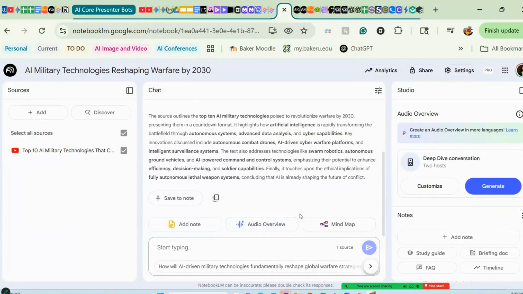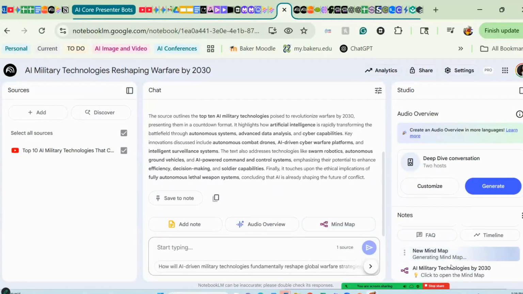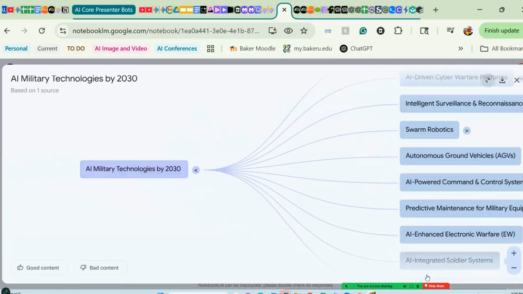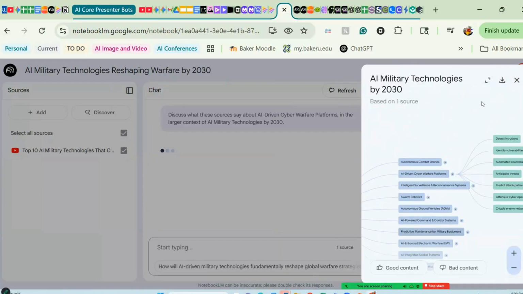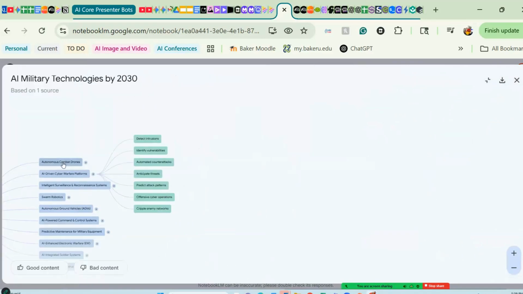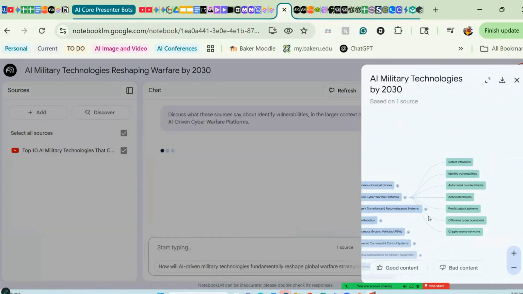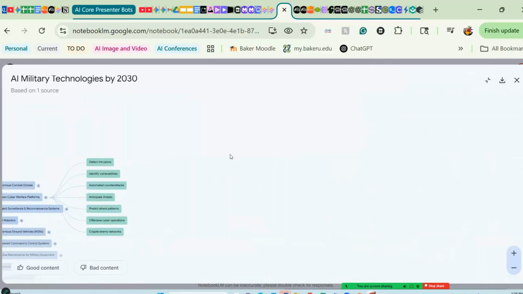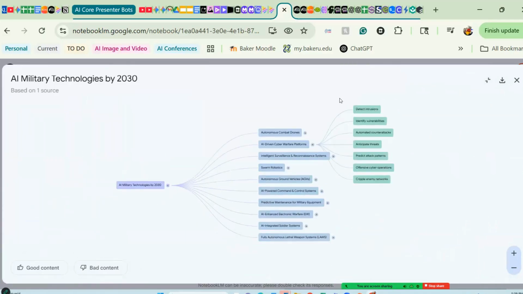And I can have it do an audio overview of it. I can have it make a mind map, do a study guide, give me a brief timeline or a briefing document, have frequently asked questions, provide a quiz on any of that information over there. For the mind map, they'll usually pop up down here, so I can click to open that mind map. And here's what it's about, the technologies. Here's AI-driven. If I want to go even farther, the autonomous combat, here's the specific things within that autonomous combat, and it will fold out into each of these portions.